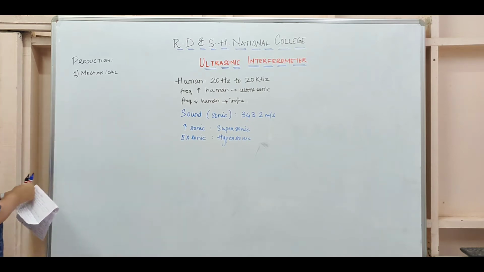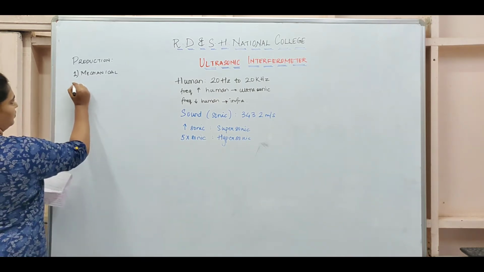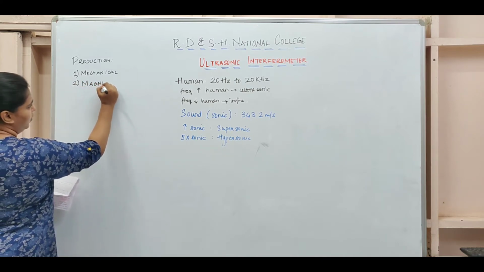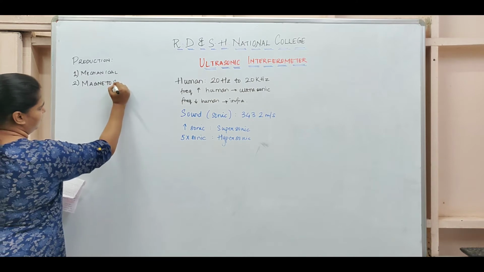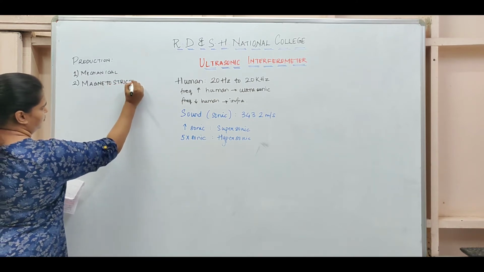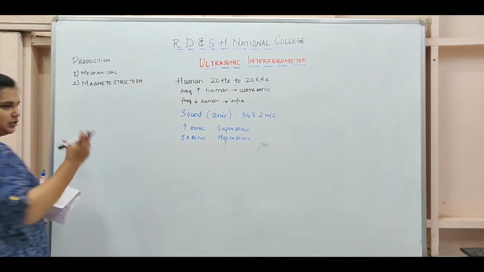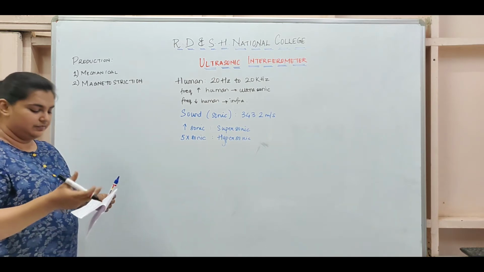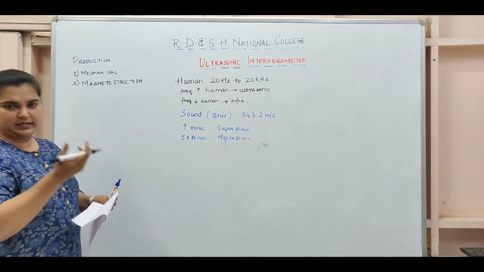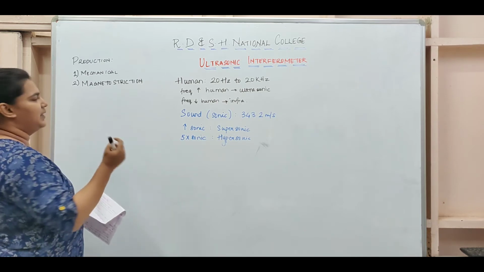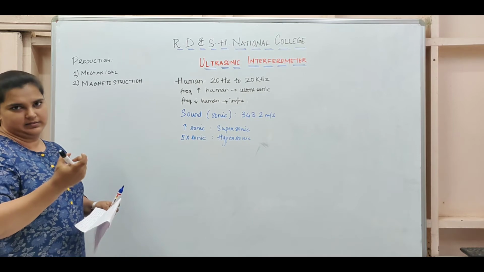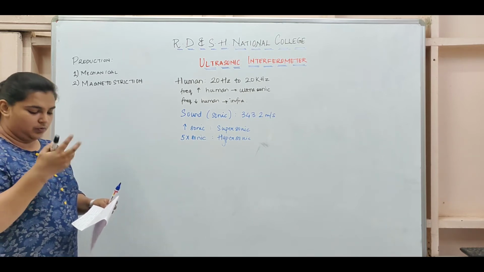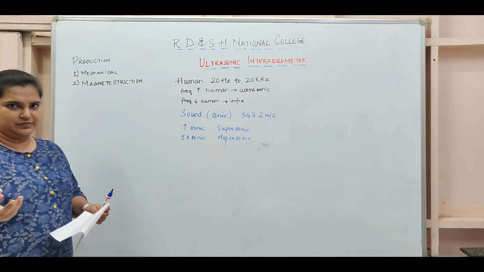Now there are two modern methods. The first one is called magnetostriction. In this method, you take a ferromagnet in bar shape. This ferromagnet is placed in alternating current fields, and because of the alternating current and magnetic fields, this magnet expands and contracts. With rapid expansion and contraction of the magnet, what we get is ultrasonic waves.